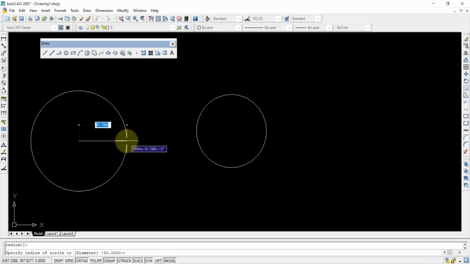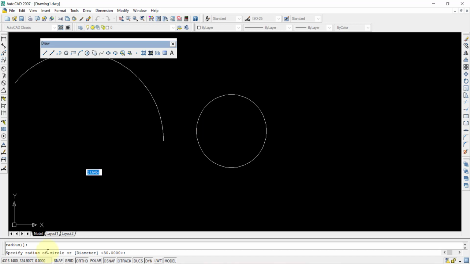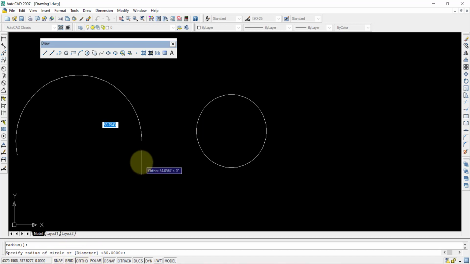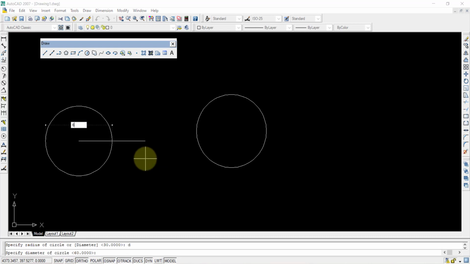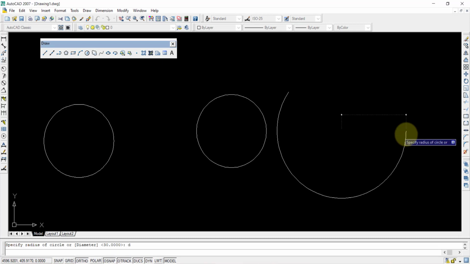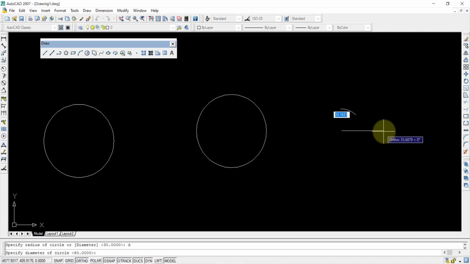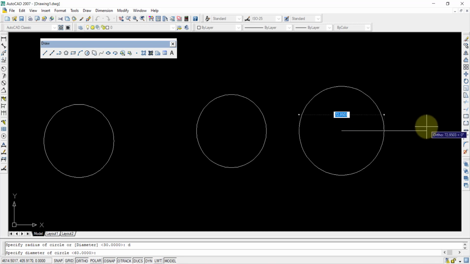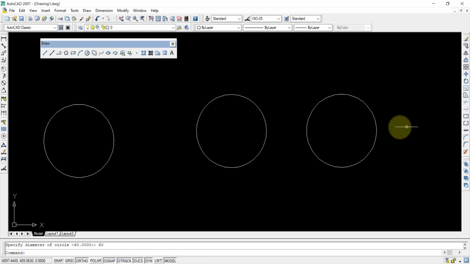If you want to give the diameter, that is 60, you can give that also. But instead of directly giving 60, what we should do is press D, you see here in the square brackets, the D is highlighted there. So I will press D and press enter, and I will give 60. Instead of radius I have given the diameter and drawn the same circle. So if you want to give the diameter, we select the circle command, specify the center point, and after that we give D and enter. You can see that the line is extended from the center point to the end point, and extended further by one more radius length, so totally it becomes the diameter length. Then if I give 60, the circle is finished like this.